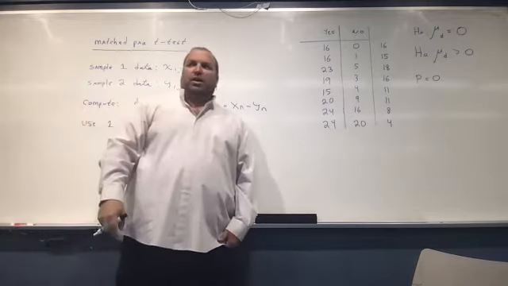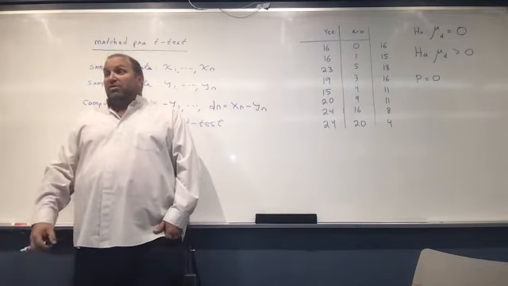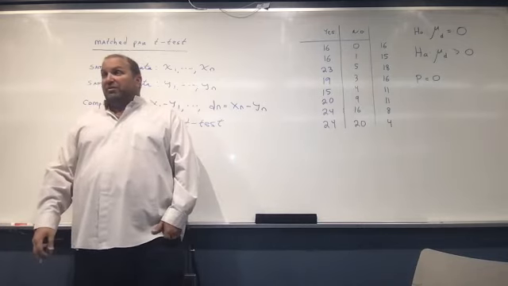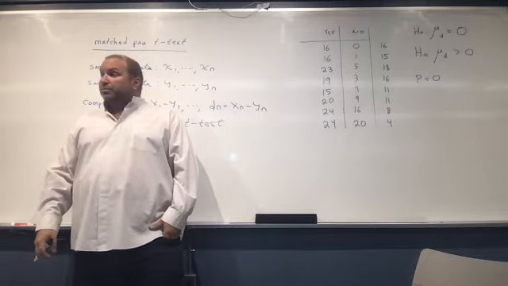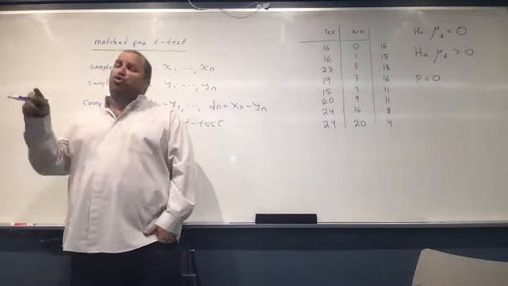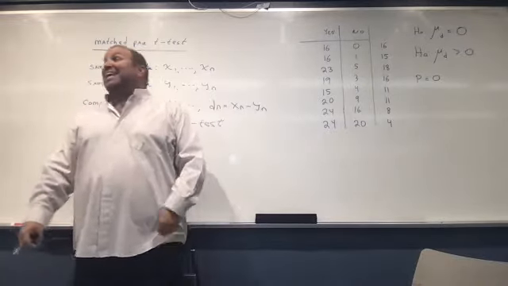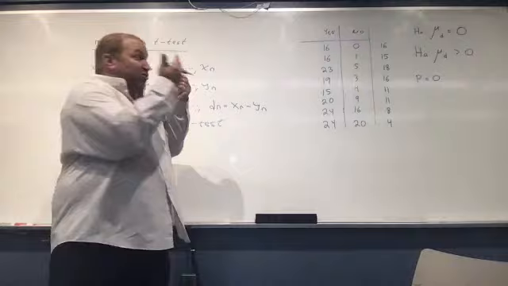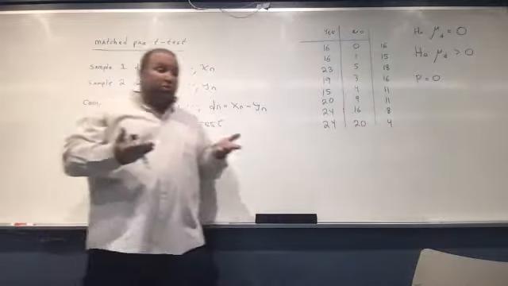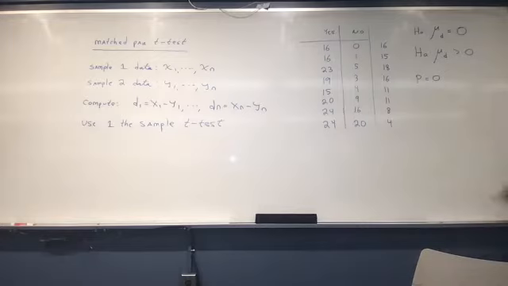P should be 0. Well, p is 0. It's not a matter of should be. It is what it is. The p-value is 0. 7.66 times 10 to the -5 is basically 0. That's 4 zeros before 7. So the likelihood of this happening is close to nothing. The likelihood of this happening, if the true value was 0, is next to nothing. And yet it happened. We actually got this result. So if the chances of it happening are essentially 0 and it happened, you have to start doubting this,